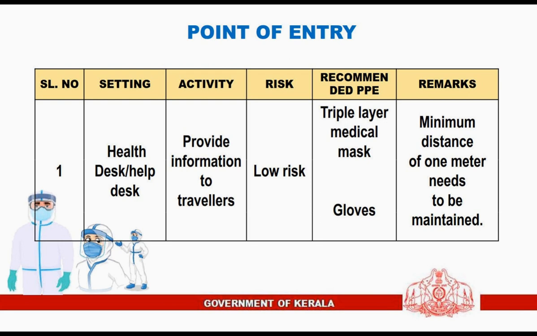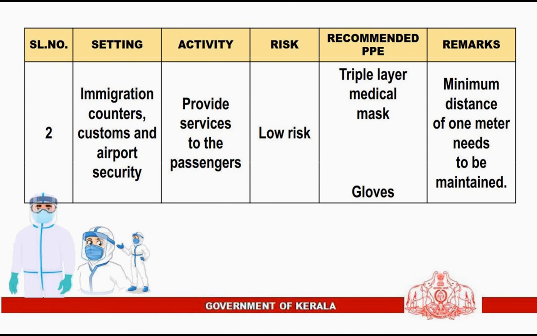Key points to be noted while at the help desk is you are wearing 3-layer mask, gloves and maintain a distance of 1 meter. At the immigration counter, customs and airport security, risk of exposure is considered low, and personal protective equipment required at these stations is a 3-layer surgical mask and gloves. The staff deputed in these stations must maintain a distance of 1 meter while providing necessary services to the travelers. Key points to be noted while at these stations are, you are wearing 3-layer mask, gloves and maintain a distance